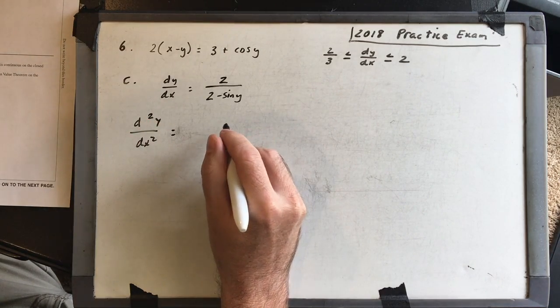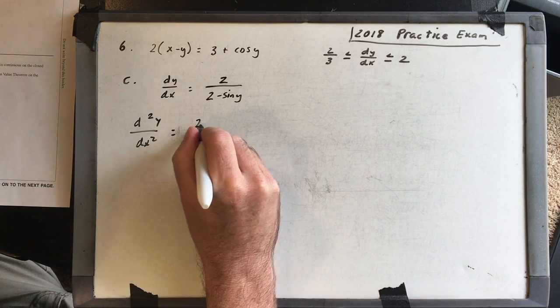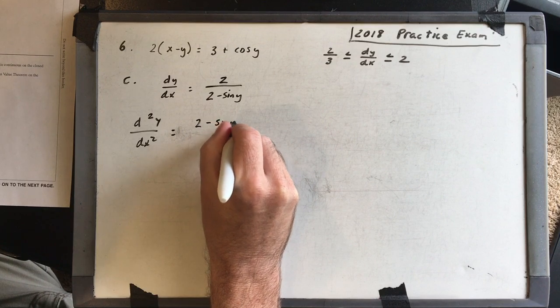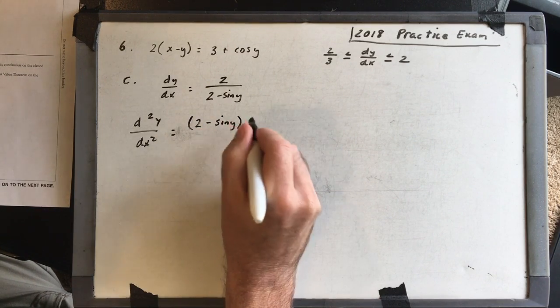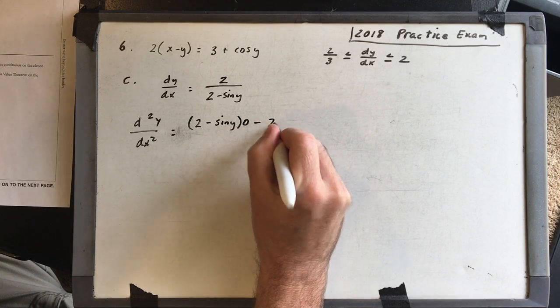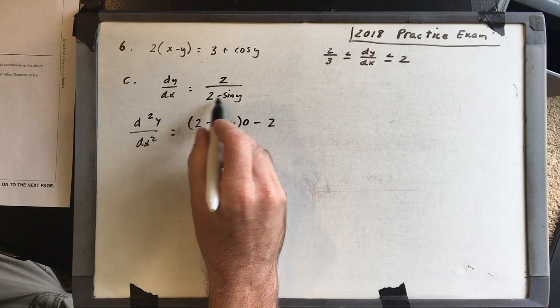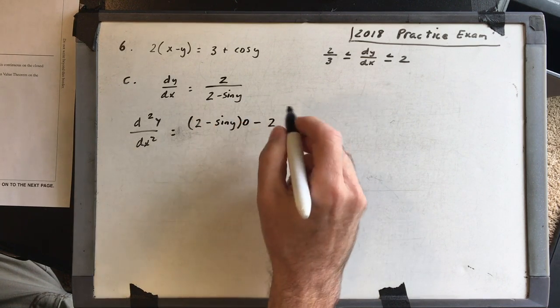All right, this is pretty complicated, this one. So it's the bottom, 2 minus sine y, times the derivative of the top, 0, minus the top, 2, times the derivative of the bottom. Well, the derivative of 2 is 0. The derivative of sine is cosine, so